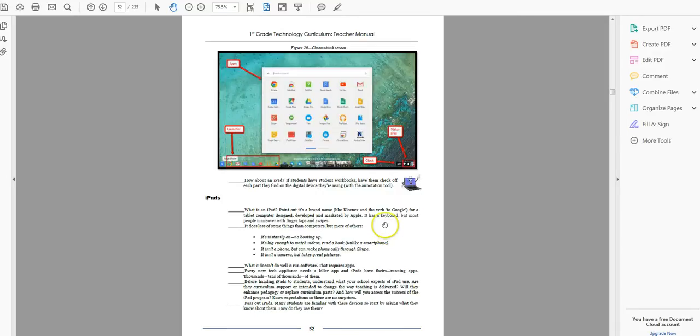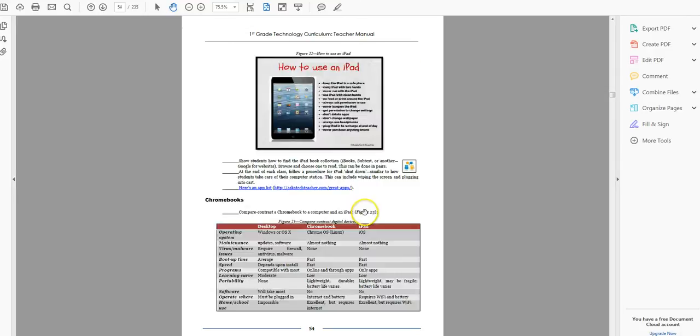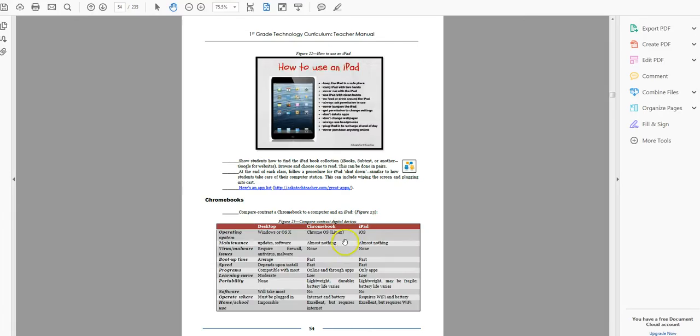Review the desktop for whatever type you're using. Review the digital device, whatever you're using. This is, again, a review from last year. They went over all this last year, so do it again. And if anything changed, then that's good. Now you have a chance to update them. Go over the rules for whatever their digital device is. Chromebooks,